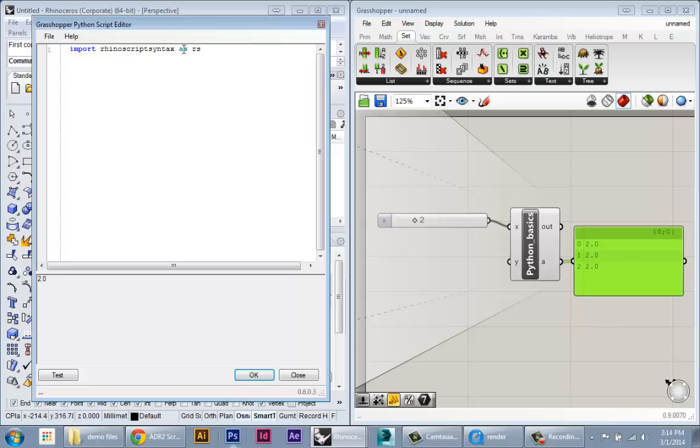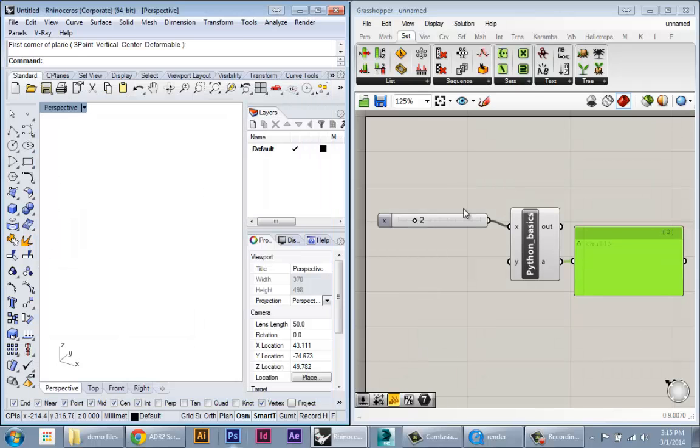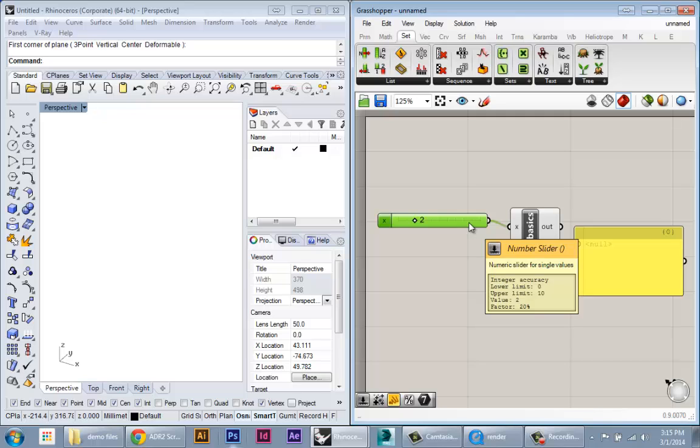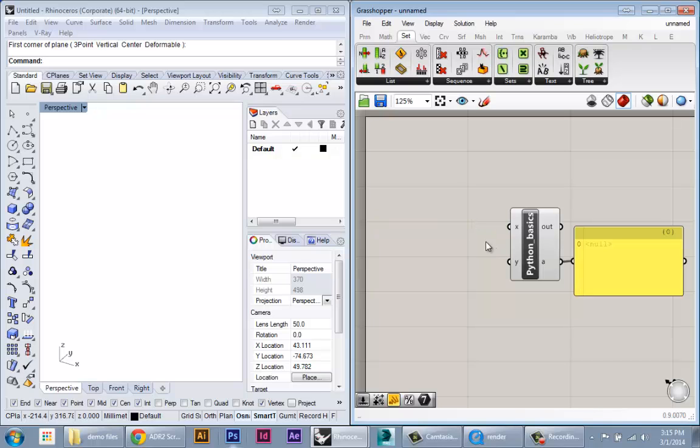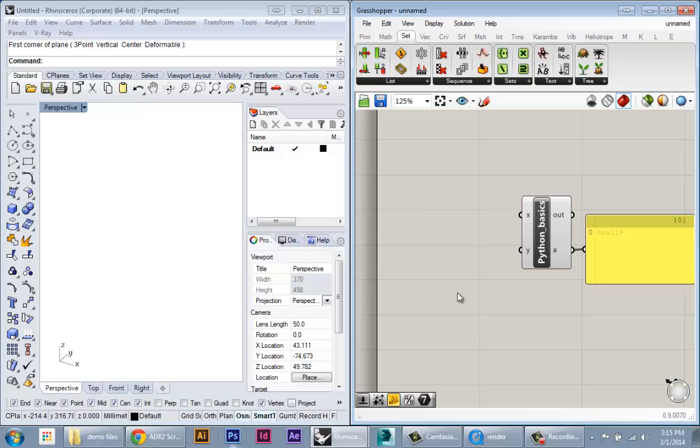So rs now is tied to this, and instead of writing this whole thing every time we want to access one of its functions, we can just type rs. That'll perform the import, and now we can use all the functions within that library. So I'm going to exit out of this, and the first thing I'm going to do is import a couple points from Rhino and show you how I can reference those points within the Python node and start to work